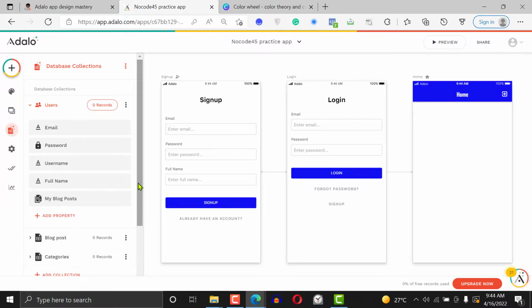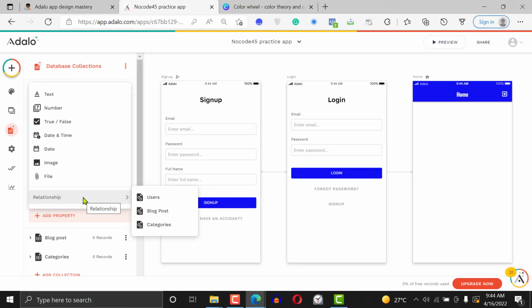So now we want to demonstrate the many-to-many relationship. You know, a lot of times you want a user to be able to like another user, or you want a user to be able to like another user's blog post, right? You want a user to be able to follow another user, or you want a user to be able to like another user's blog post. So the way we'll do it, we'll create